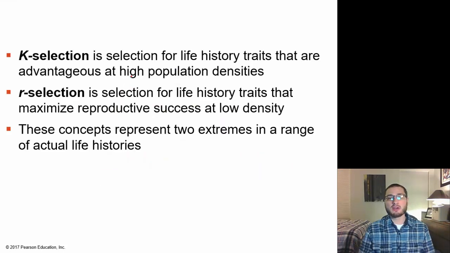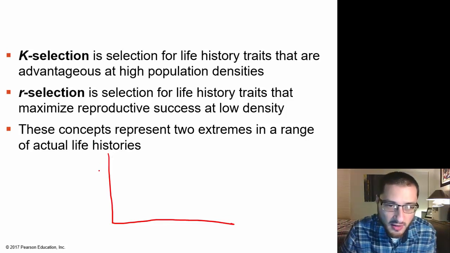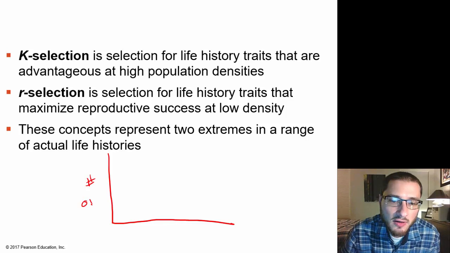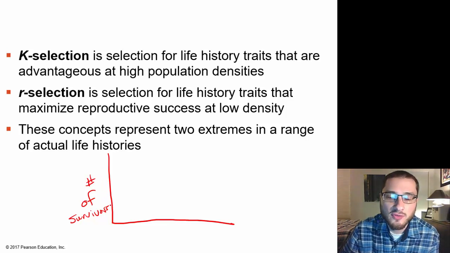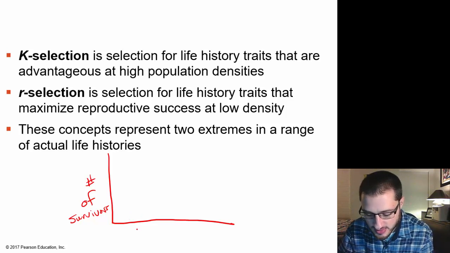And when we talk about K selection, it's the selection for life history traits that are advantageous at high population densities. And you have R strategists, which is going to be the traits that maximize reproductive success at low density. So sometimes you'll see they'll draw these as graphs, and when you look at the graphs, you'll see that, all right, if we look at number of survivors. So if I draw a graph, and this axis, my y-axis, represents the number of survivors, and I draw my x-axis, and this is the